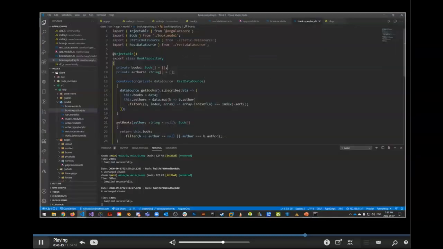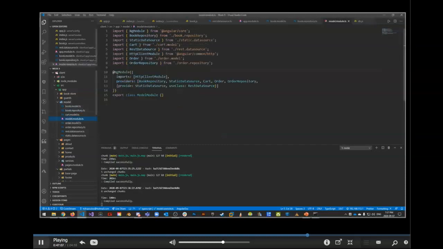And even though we got our REST data source here, that's happening inside of our book repository, we need to change this so that our model module uses the REST data source. So our model module, which is here, we have a REST data source